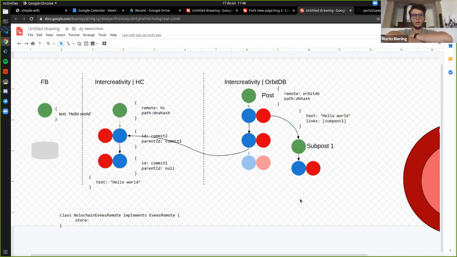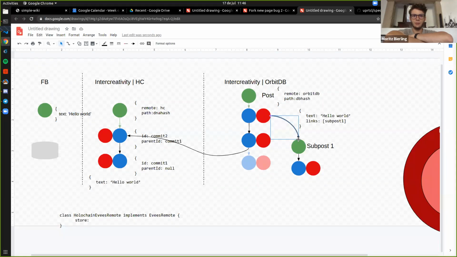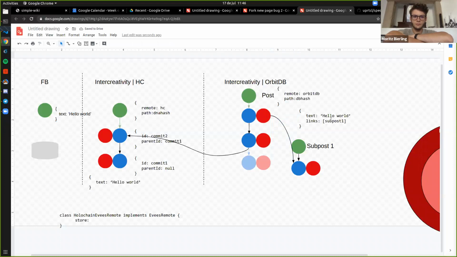Oh wait, so you can actually link just to the content, not to the commit, basically. Yes. But then it's not a link, right? Then it's just referencing the content as the starting point and having it available. But you can't follow that further down because it doesn't have the hash, it doesn't have the identifier. You could link to the commit.